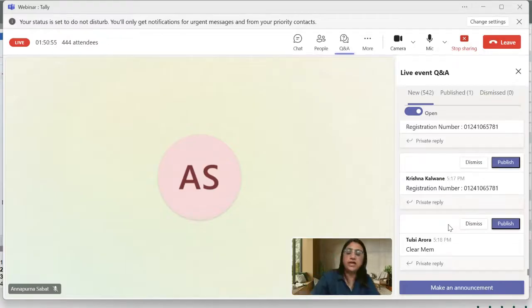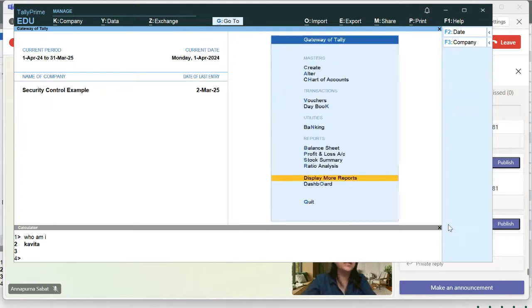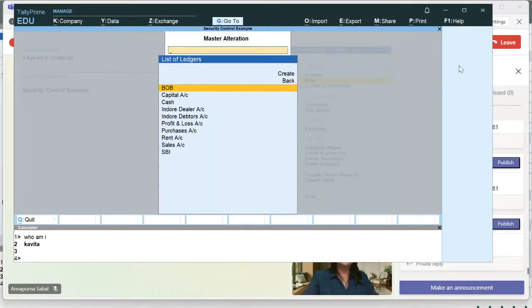Okay. Now I'm going to give you an understanding of small features. Sometimes, how many ledgers do you have in this company? You can check Alter Ledger. These are the ledgers you have in this company. If you want the same ledgers in another company, but every time you have to create the ledgers again and again, for that you can generate the XML file. If you want the same ledgers in the same groups and same